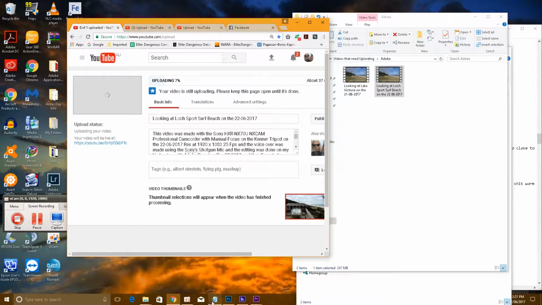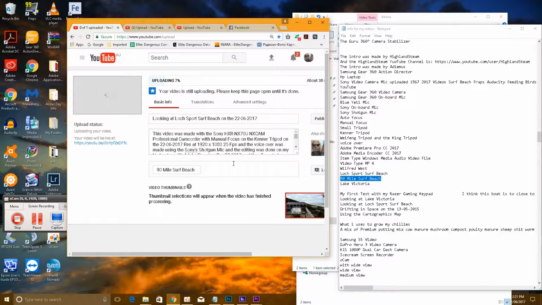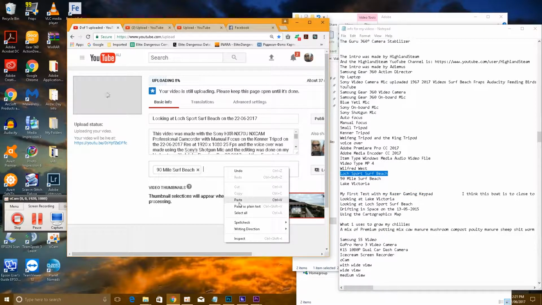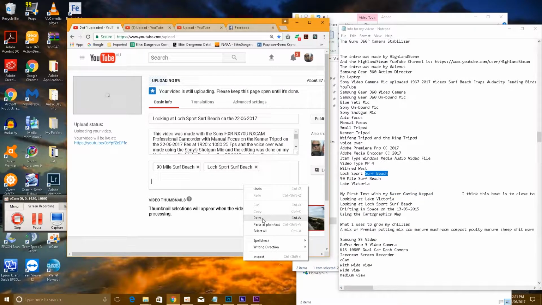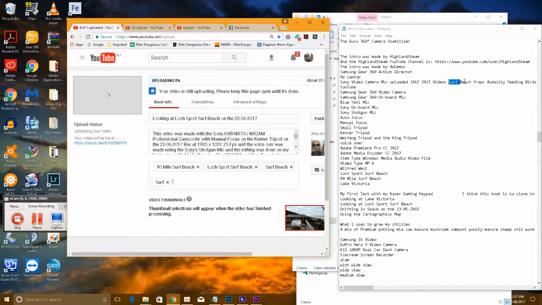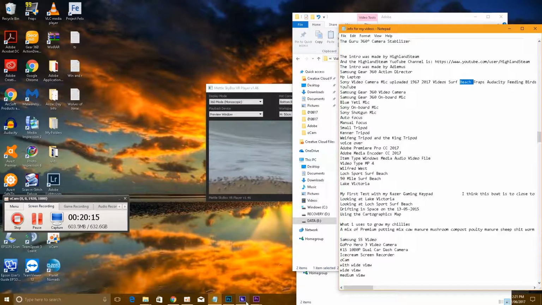Now I won't publish that just yet because I've got to go now into here. Now, basically these are all thumbnails, so people type in, say Locksport, and I'm hoping one of those thumbnails comes up, and it will be mine that will come up from the search engine. The same as Surf Beach, Wilfred West. If somebody just types in surf or beach, I'm hoping that those little ones will come up there. Now I'll continue on doing that off camera. You don't need to worry about me doing that, because I want to get the rest of these videos over and done with. But that's how easy it is to basically edit a video using Adobe,